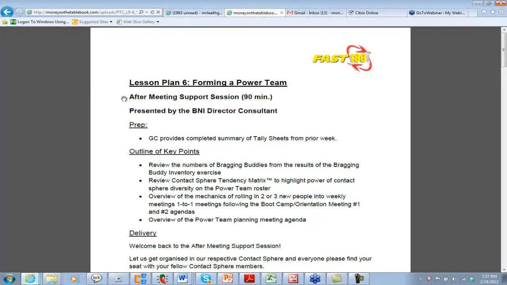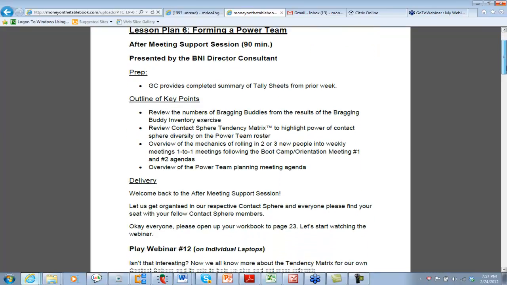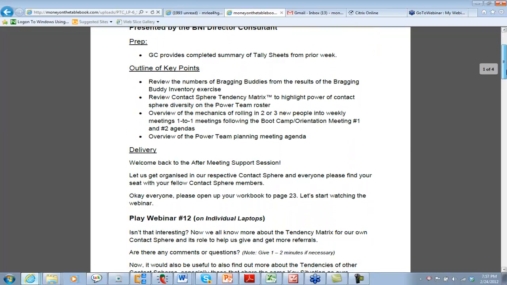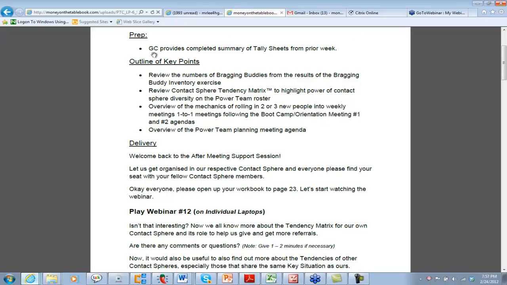Okay, so this is your after meeting support session. This is a 90-minute session, and it's going to be presented by the director consultant. Okay, a couple of things are going to come together during this support session. The prep is that the growth coordinator, or whoever is playing that role, provides a complete summary of the tally